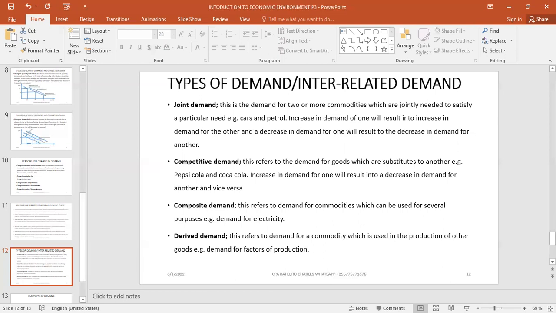So it is derived in the sense that when you demand an item, you expect to use that item to produce another item. So that's all for today,